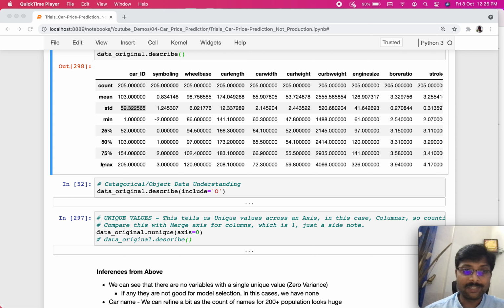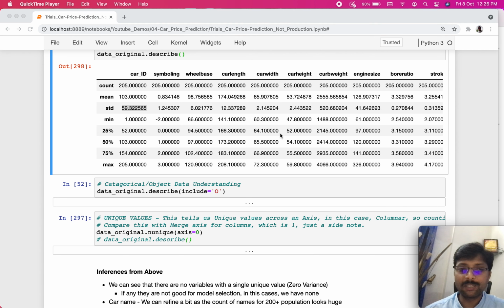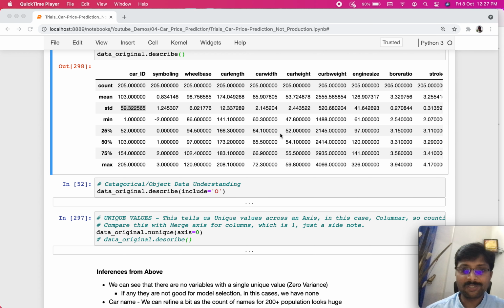Like we are seeing with car ID, yes, it has variance, but it is so much variance that it might be indicating that for each car ID there is one price value. That means there is no linear relationship here really. That basic understanding we get by going through all these parameters, and then we'll make observations or notes so that we can do pictorial analysis further. Even down the line, as we fit the linear regression models, we will statistically understand the significance of each parameter through some probability values. That also gives us a good indication, but as a first step, we need to know this.